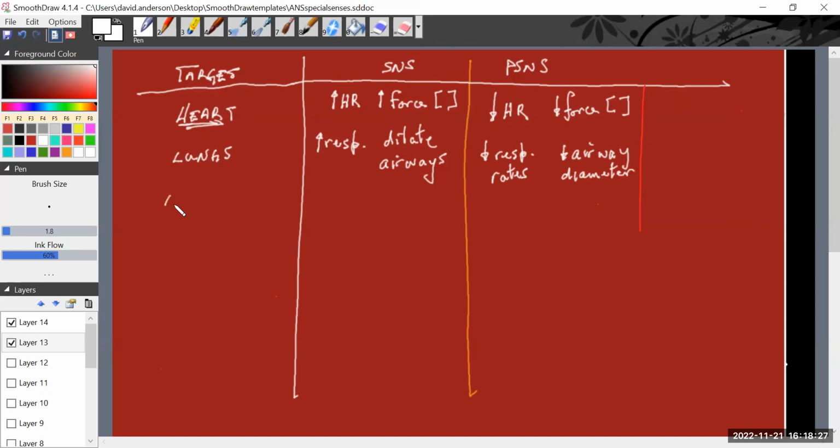Now think about this. This one's tricky, but it's good. If you're on top of everything, you're going to know how to answer this question. So we're talking about fight or flight. We're talking about utilizing or mobilizing anything that will help us make more ATP. So what do you think the liver is going to do under the influence of the sympathetic nervous system? It's going to increase